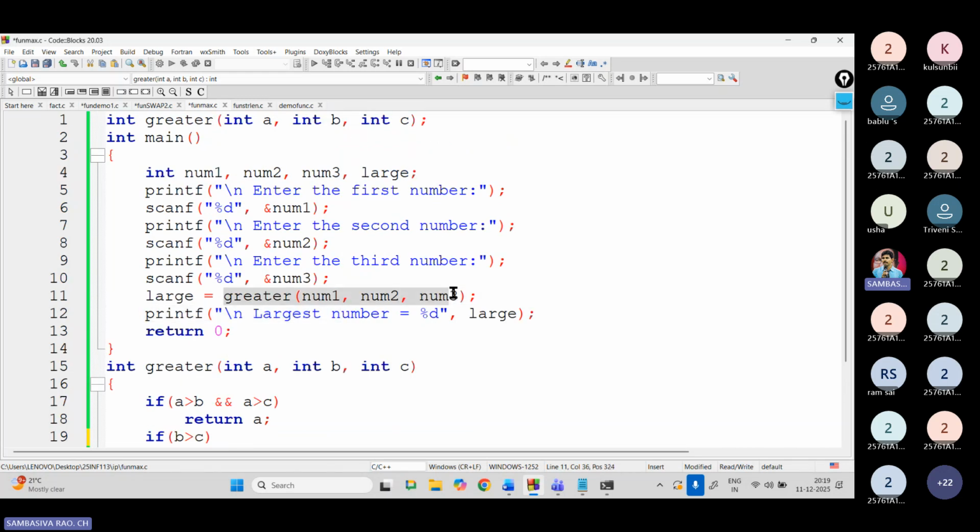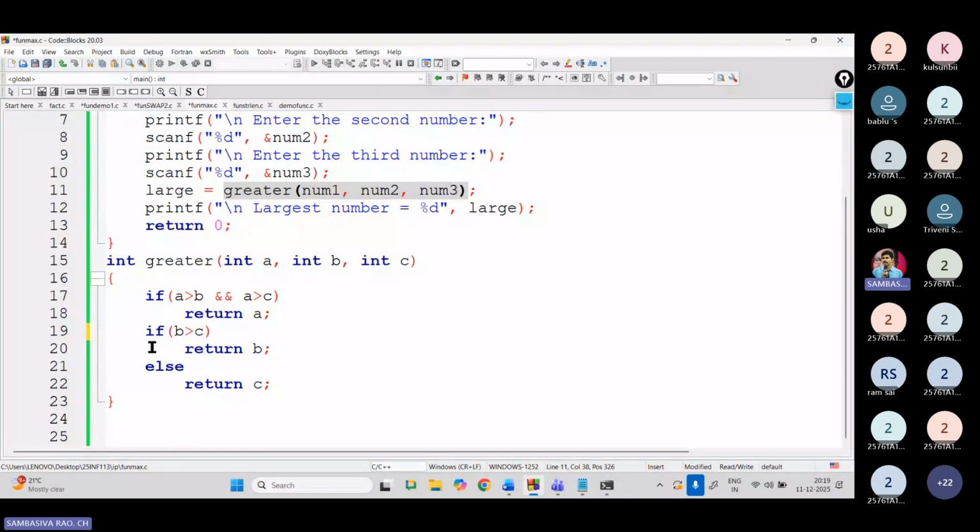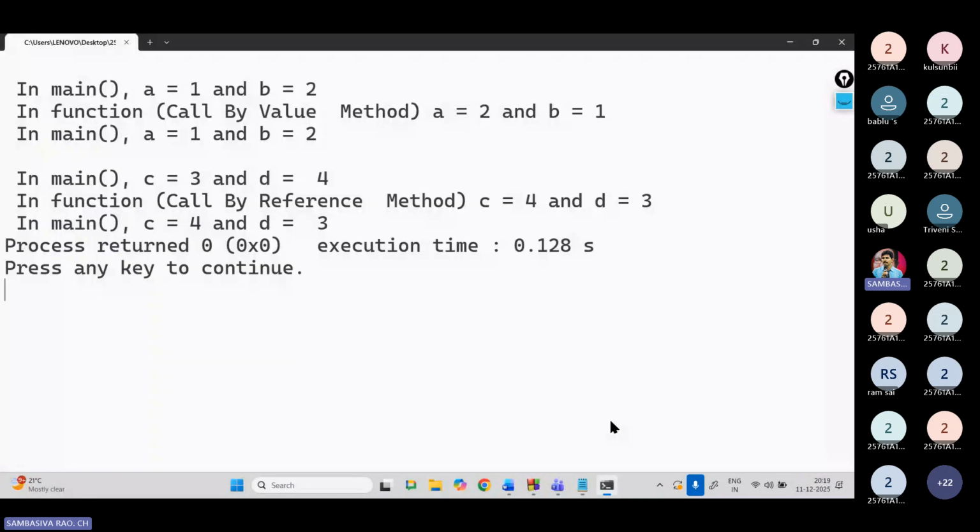Line number 11, call occurred. Once the call occurs, the control goes to the called function definition, and then the body of that function will execute, and the value will be returned back to the main method at line 11. In the 11th line you can identify it will print that largest value in the large variable, and I'm printing that in the main method. Suppose I execute this fragment of code,